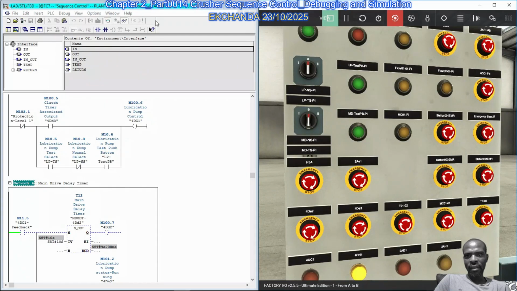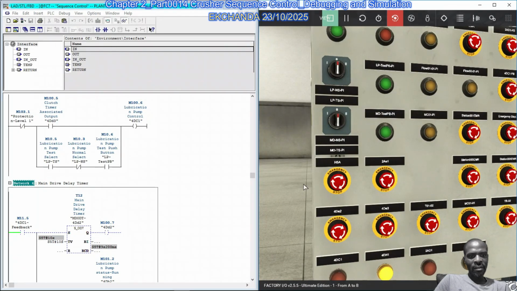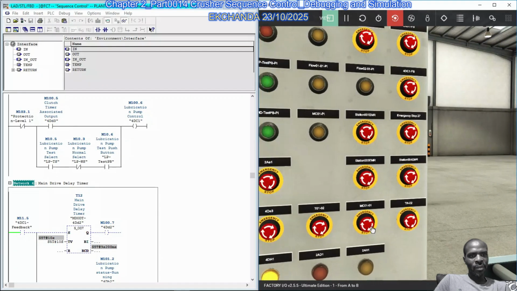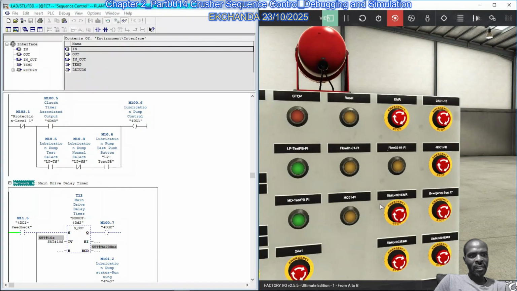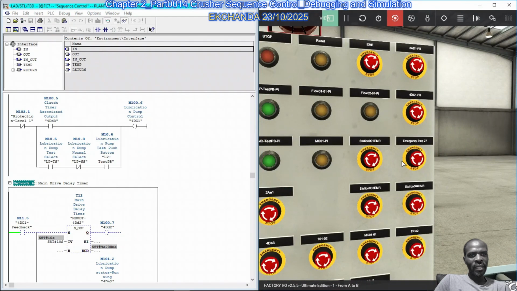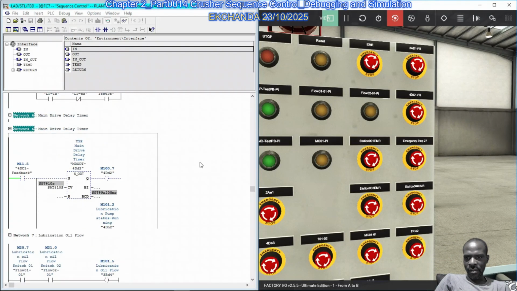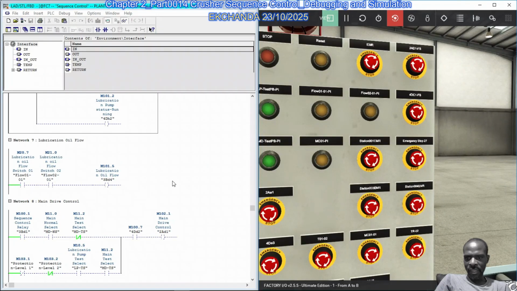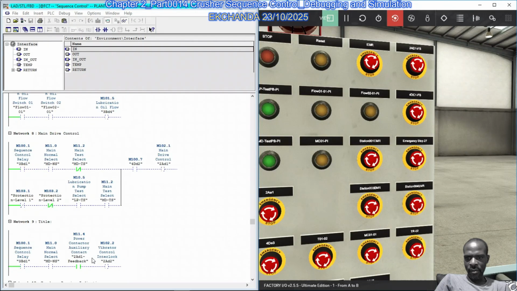Then when you see that 281 has come on, at that point you can actuate the 281 feedback button. 281 should be down here somewhere. 281 feedback, it's true, but